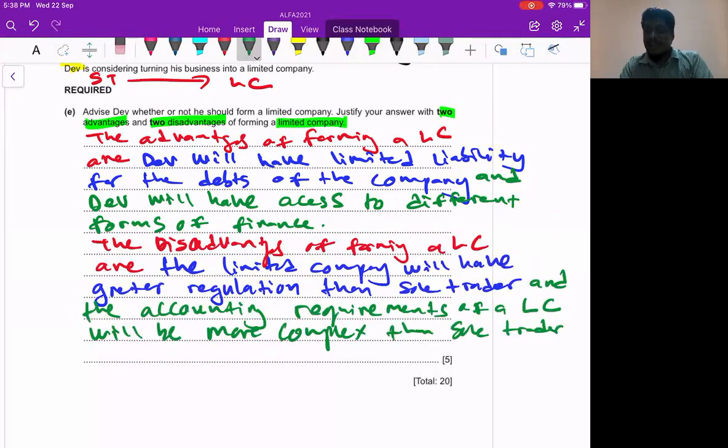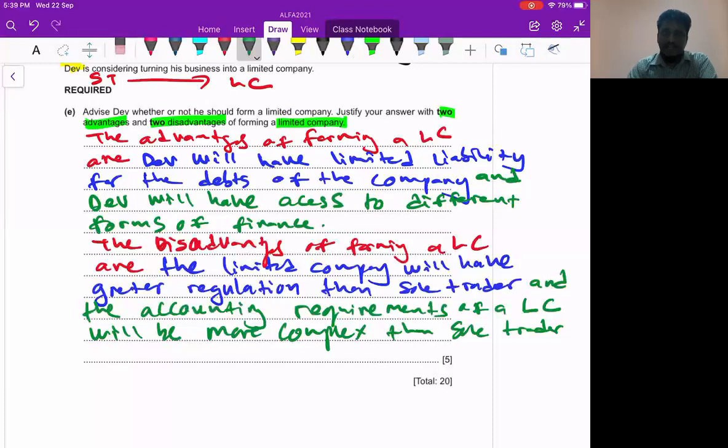You know what? If you're a sole trader, you just prepare your accounts and submit to the government, the tax department, for tax purposes. That's it for a sole trader. But if you're a limited company, you need to submit to your ROC, Registrar of Companies, and then you need to publish in the newspaper. You need to send to all the shareholders. Got a lot of requirements. Then you need to hold an annual general meeting every year. Okay, all these things. Yes, another answer, this one is also acceptable. Dave might lose control. Too many shareholders are there, so he might lose or dilute his power. He gives his power to other people. You need to share the power with other people.